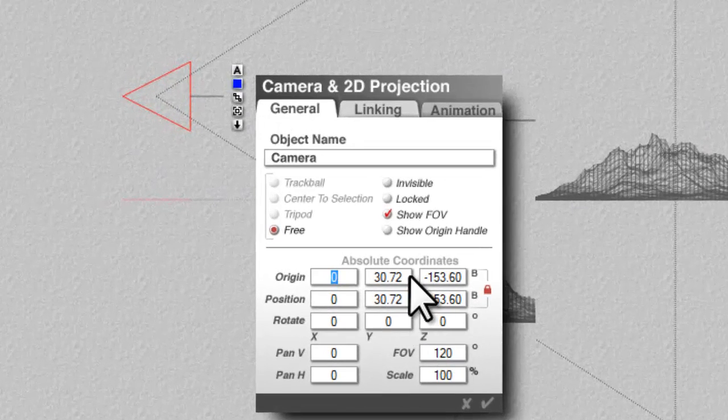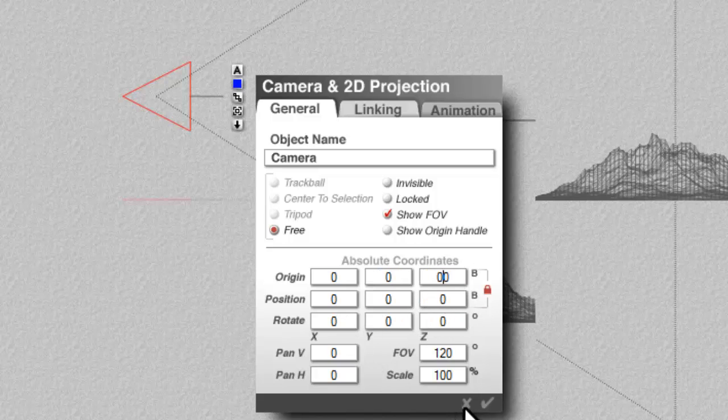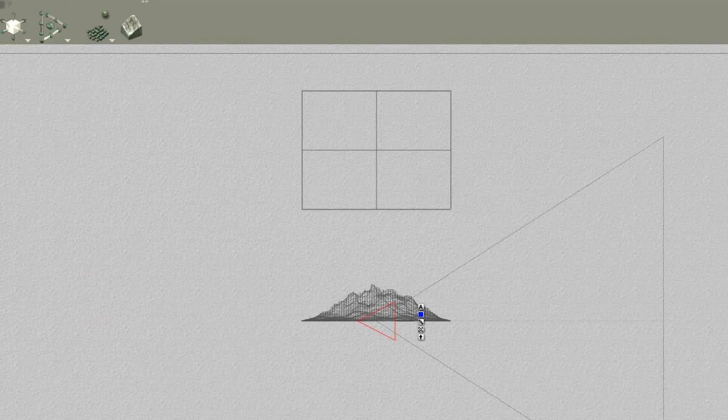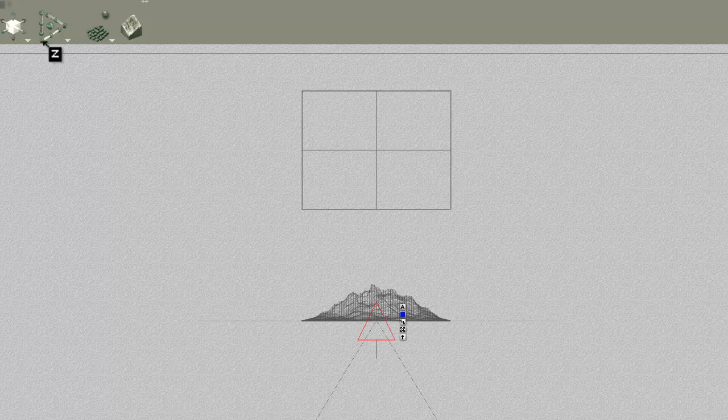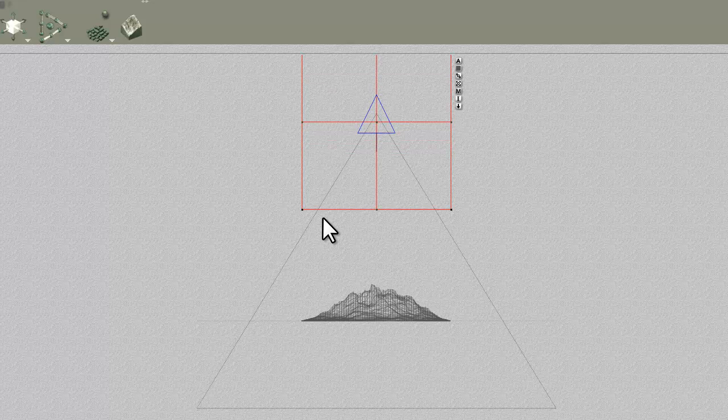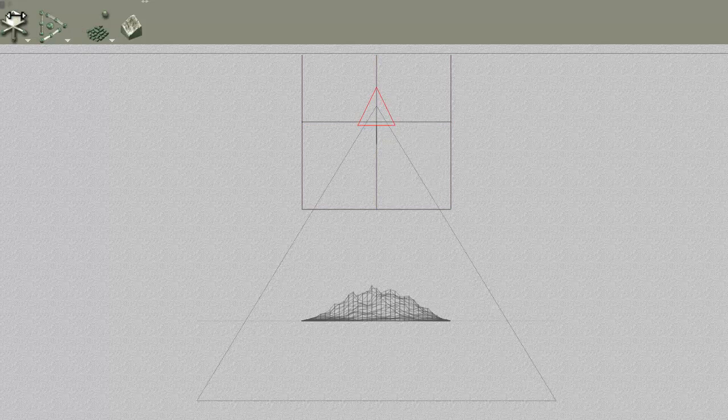So if I set the camera now to 0 origin and rotate it in the x-axis so it's facing down and lift it up so it's inside this cube, then this will allow me, if I get things set up right, to position this so I can capture the front face of this terrain without any adjustments. What I need to do is get the field of view to coincide with that corner, and then I'll